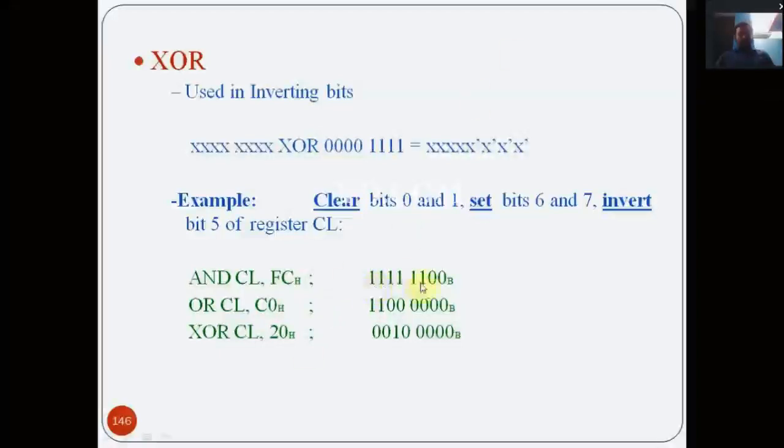Okay, this is FC. FC equal to 11111100. So this data is ANDed with the other data that is present in CL. So wherever there is one, the same data is repeated in the output.